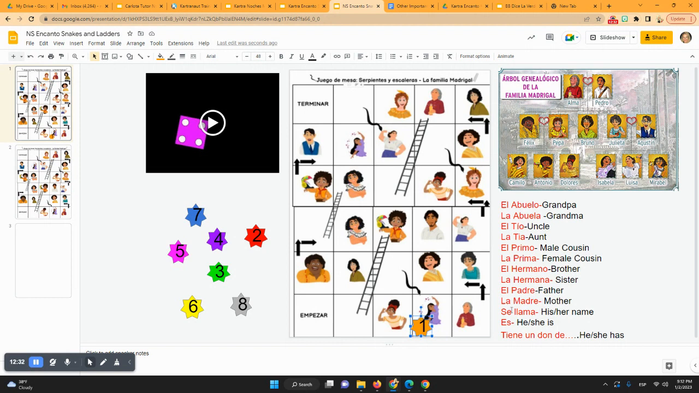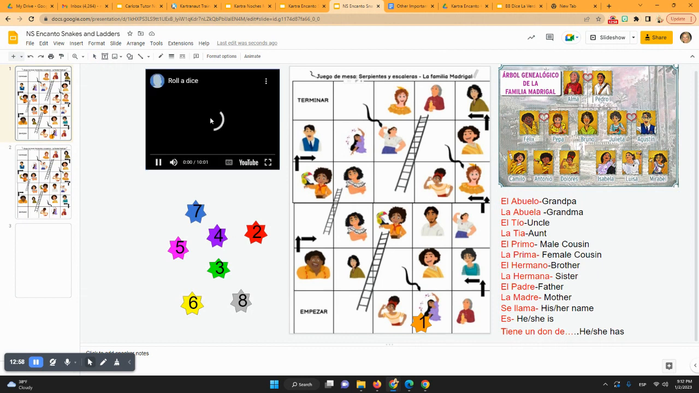So I put the vocab here. You could say something like maybe se llama, like her name is, se llama Isabella. Ella es perfecta. She's perfect. Es la hermana de Mirabel. All right. And so if you were playing against me, you would roll your die